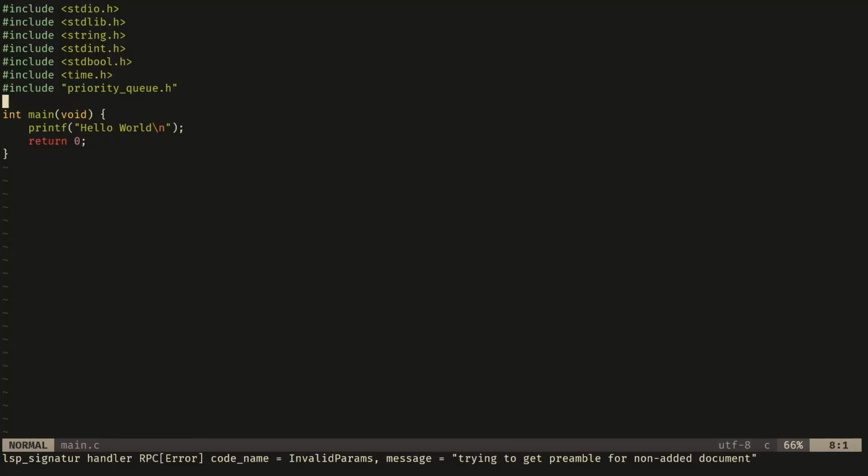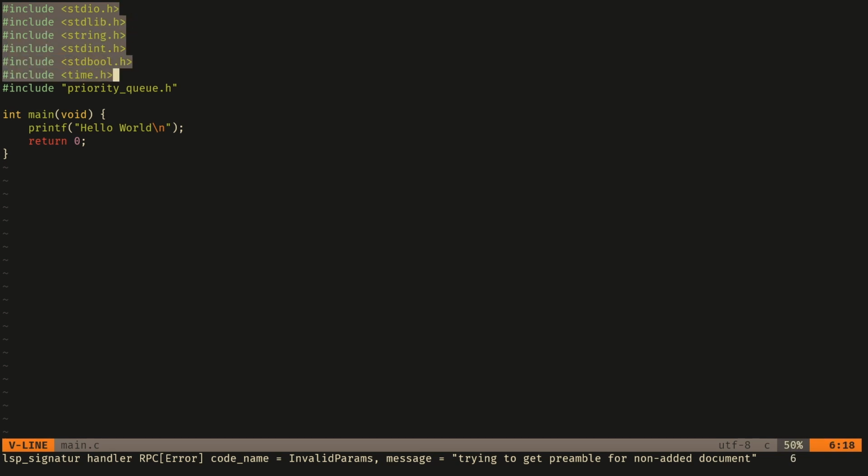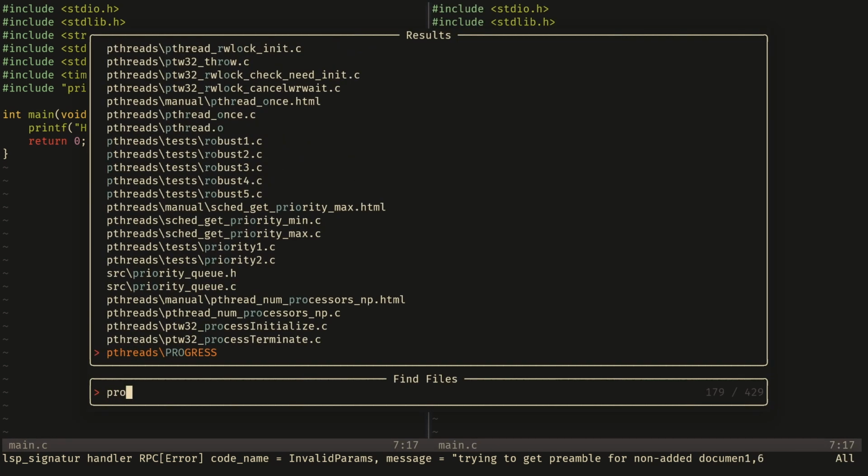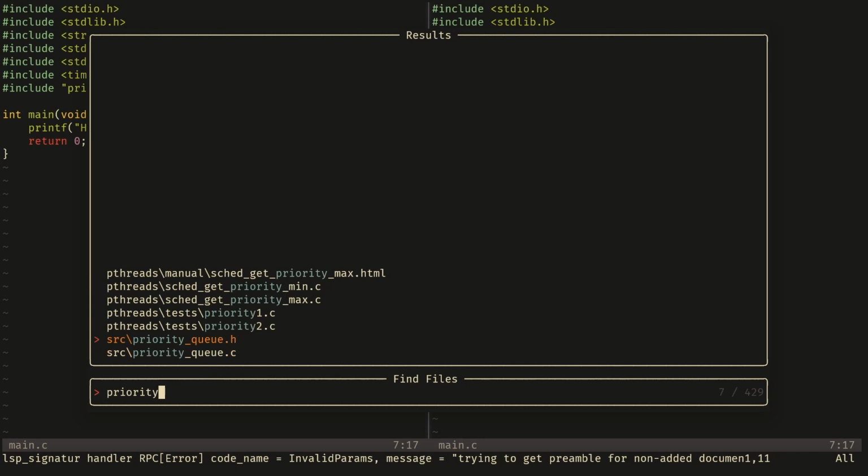So the first thing I need is a way to represent the grid. Now before I get into that, I want to quickly highlight that I've imported some libraries here. So we have the standard libraries right here we're going to need, and I've also got the priorityqueue.h header file included. Now priorityqueue.h, if I just quickly find it,